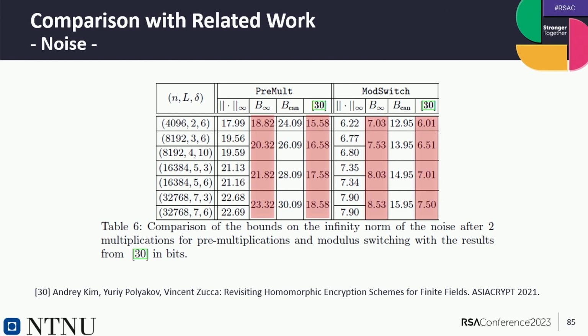And underestimating the noise is very dangerous, because then the bounds tell us that we can still perform more operations, although in reality we can't. And we may go on computing and not be able to decrypt correctly anymore at the end. So this is why I said before, it is very important to do an implementation-specific noise analysis, because while these bounds may work for Palisade, they clearly do not work for HElib. So just saying, well, these two libraries implement the same scheme, so we can just take the bounds from one library and use them for another, is something that doesn't work. We actually need to look at each library specifically.